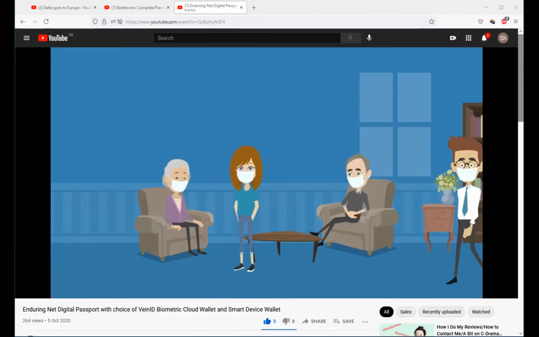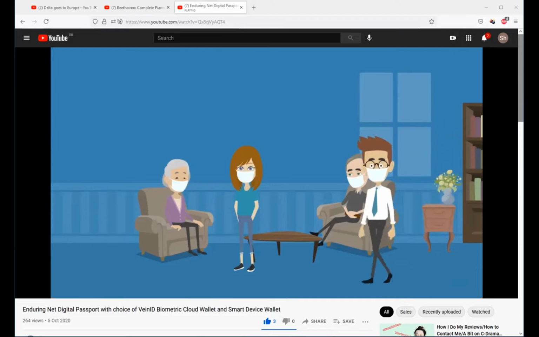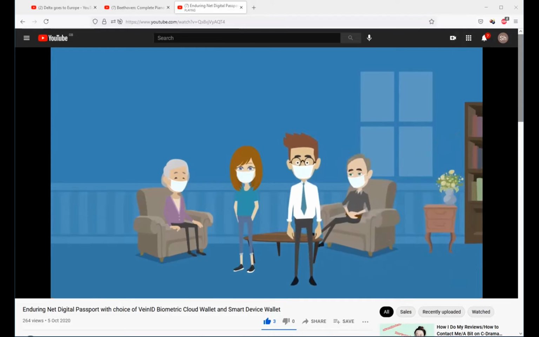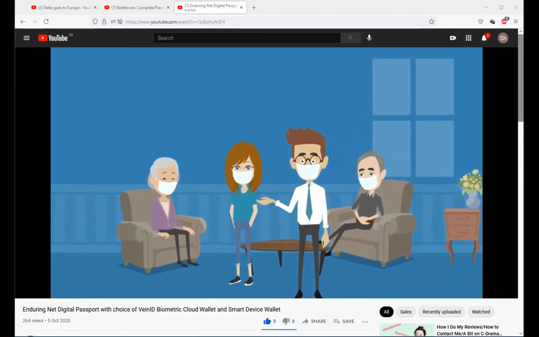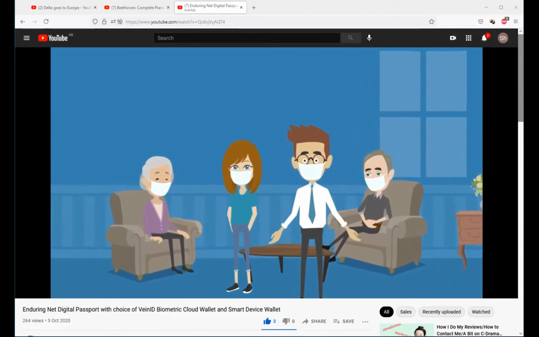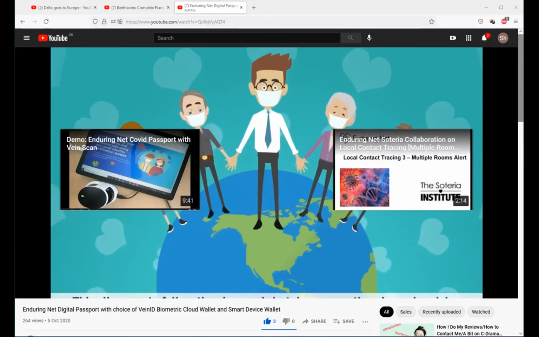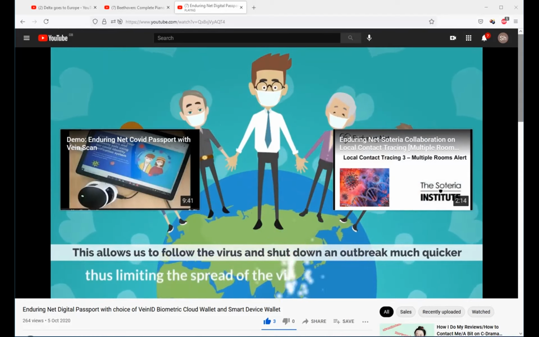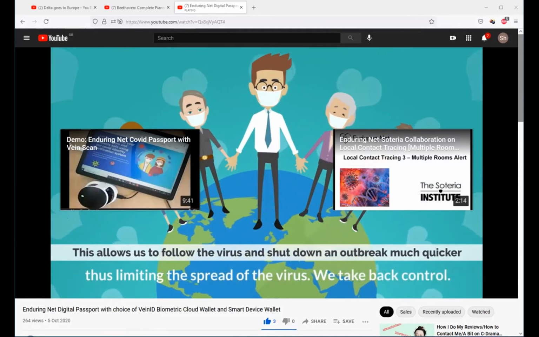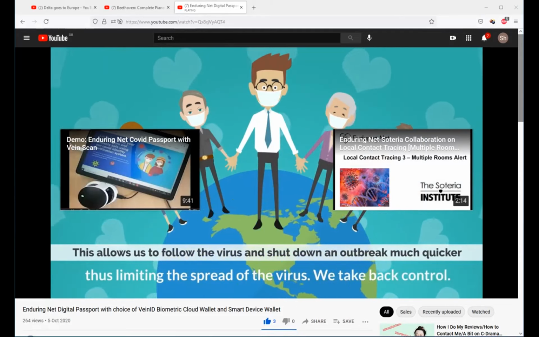This is the most secure and least intrusive way to identify and verify a safe passage of travel for care home staff and patients between facilities that doesn't contravene any EU privacy laws. This allows us to follow the virus and shut down an outbreak much quicker, thus limiting the spread of the virus. We take back control, all within the data privacy laws.